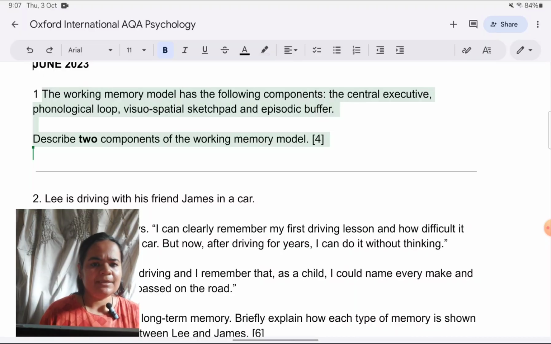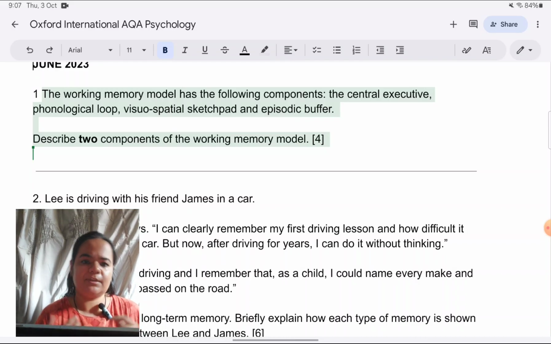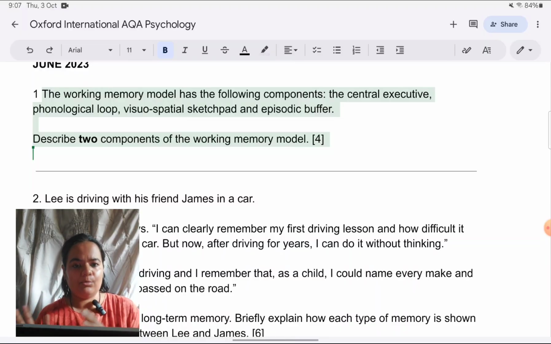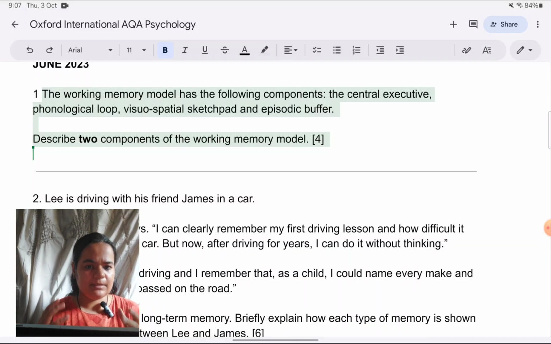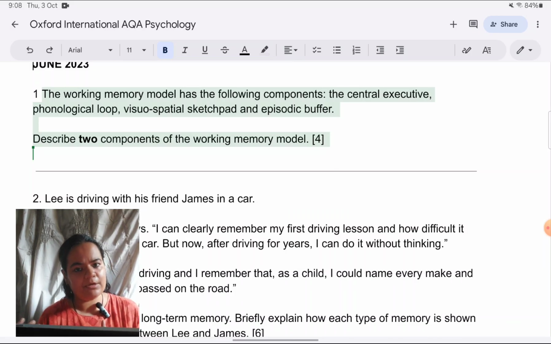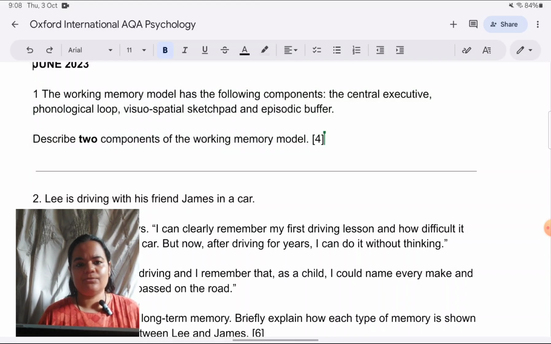That's the question. This is strictly an AO1 question because there's no scenario to which we have to apply our knowledge, and they haven't asked us for an evaluation. So it doesn't meet AO3 as well. Strictly AO1, meaning whatever we have learned in the textbook about any 2 of these components we can write down. Of course, we must be elaborate and specific and use good terminology to score well. We can take any 2 components of our choice.